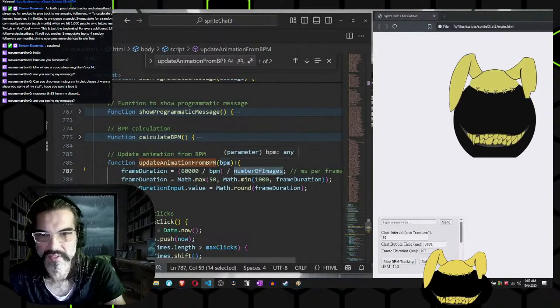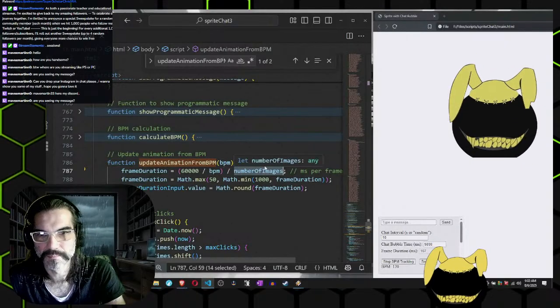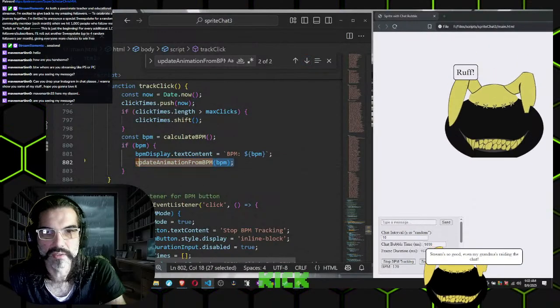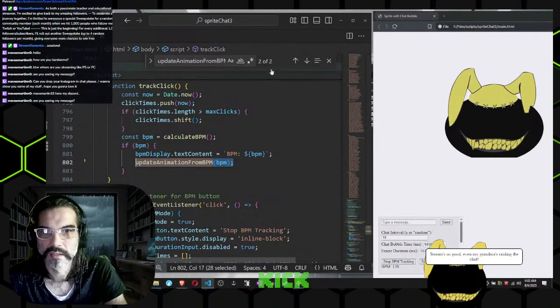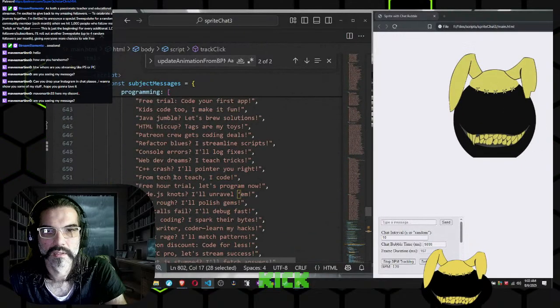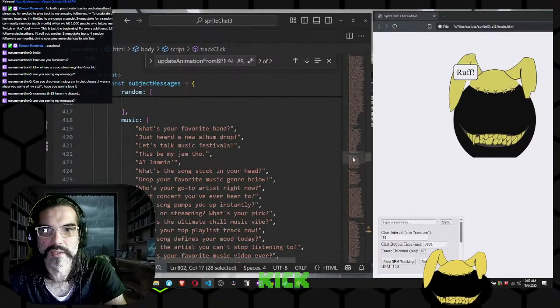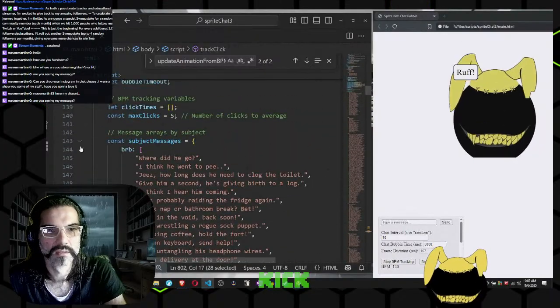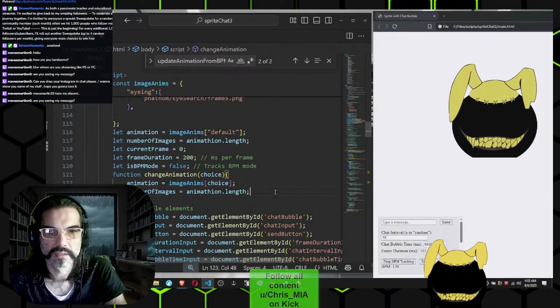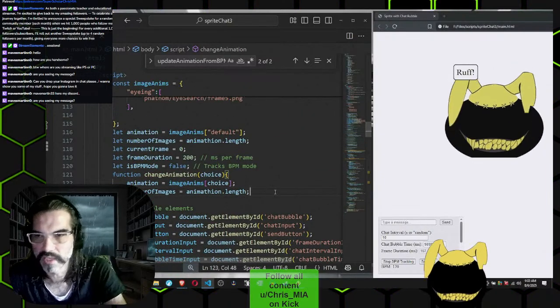But that means that I just have to update BPM specifically then. So I will then do this. Oh, God, why is this open again? Oh, right here. So then after I change the animation,